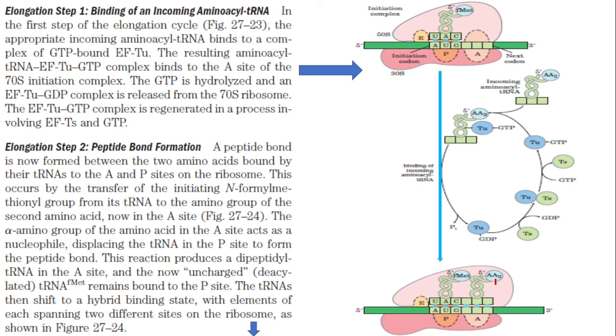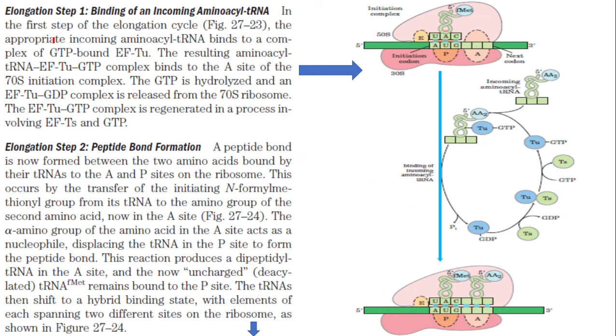But along with this process, what happens, you know? Many factors are used in this process. You can see here EF-Tu coupled with GTP. All those different factors are there. Let us see what happens here. And one more thing, a peptide bond is to be formed between the amino acids. That enzyme is peptidyl transferase. It is not a proteinaceous enzyme. This peptidyl transferase is actually a ribosomal RNA. We will see that on the way.